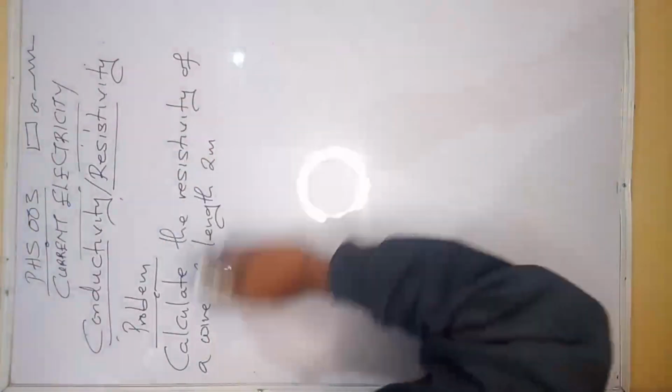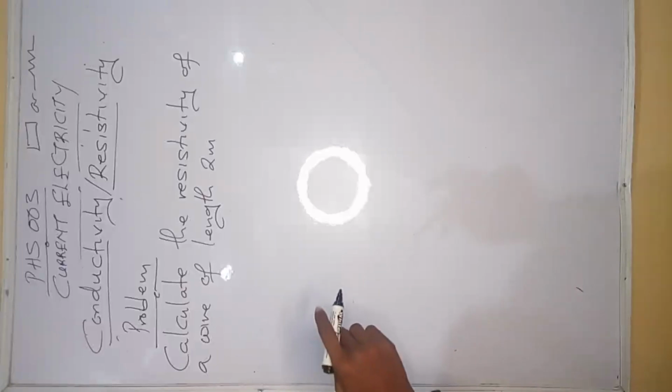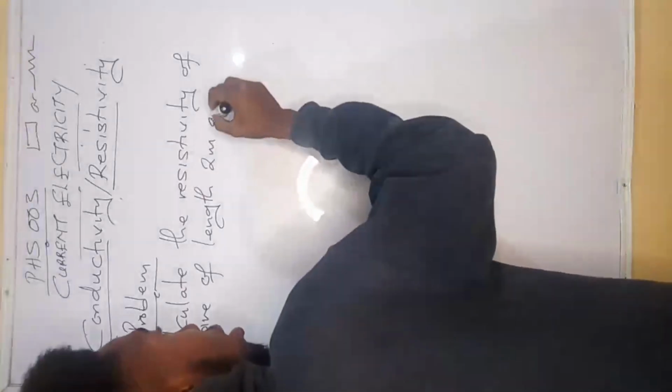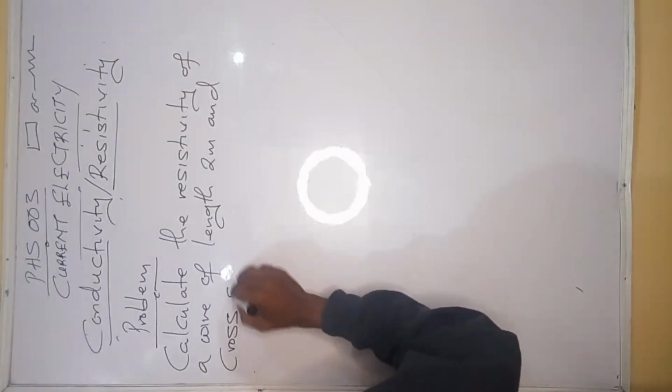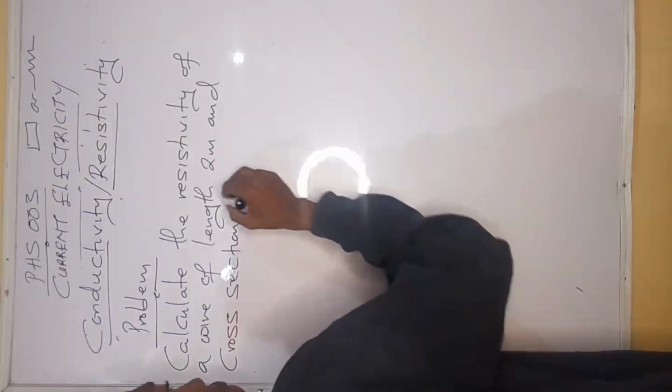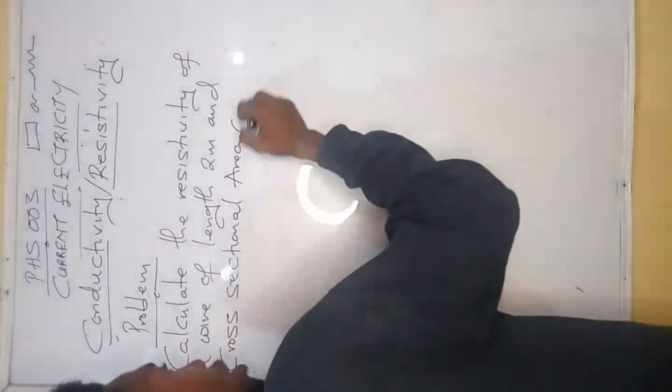We use meters for our length and meters squared for areas. Let's make sure we are following accurate units. You get length 2 meters and cross-sectional area. As you can see, this one they give us the cross-sectional area, 0.004